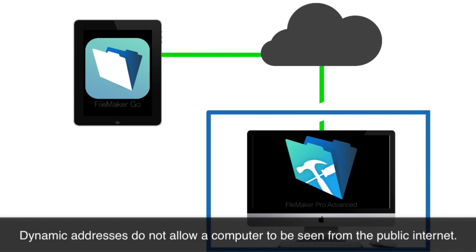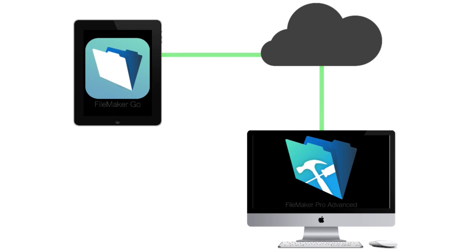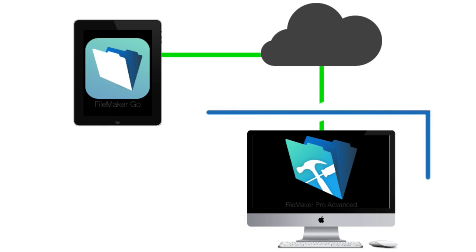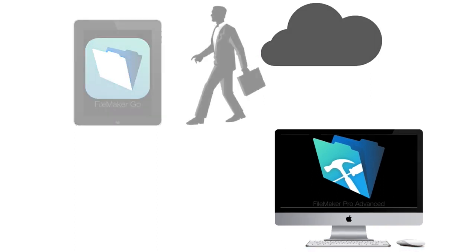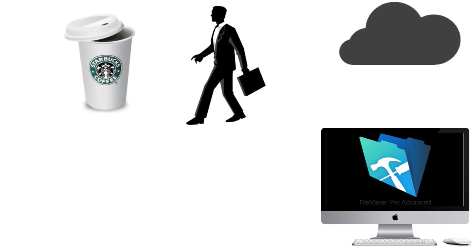That's actually a security precaution. Now, if I was really clever, I could set up my laptop or desktop computer with a static address. And then maybe I could access the database out on the internet from my iPad. But as it stands right now, the iPad is limited to accessing the database only while the iPad is in the office. So once again, this means if I leave and I go out to Starbucks, I won't have access